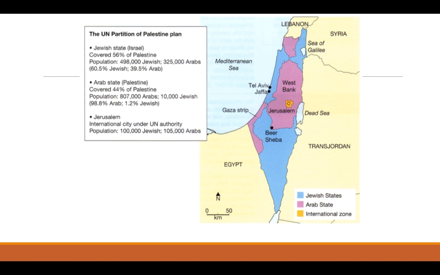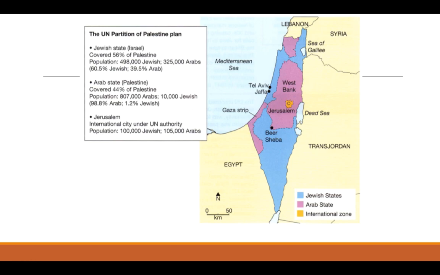On the picture you can see the UN partition of Palestine plan. Please have a look at it. The colored territory that you see is Palestine. As you can see, it's bordering with Egypt and Transjordan, which is today's Jordan, and Syria and Lebanon. Now, look at the blue areas, which are the Jewish territory. Look at the purple areas, which are the Gaza Strip, the West Bank of the River Jordan, and the Golan Heights, which in